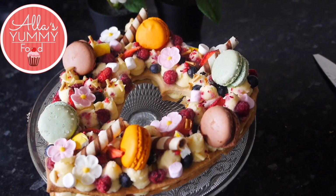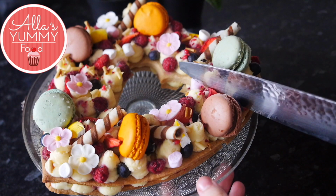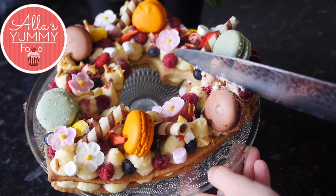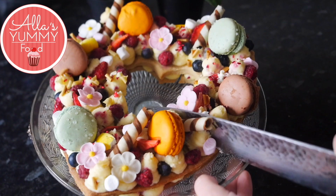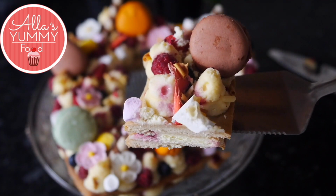So yeah guys, this cake is pretty cool. It's very, very soft. You should leave it for a few hours to soak through, and the cookie actually becomes really nice and soft but still crunchy with a creamy texture, and you can taste the raspberry